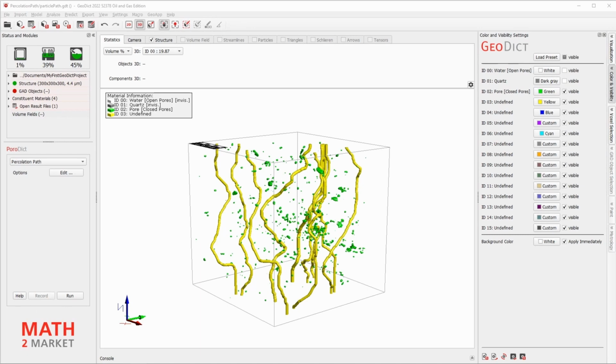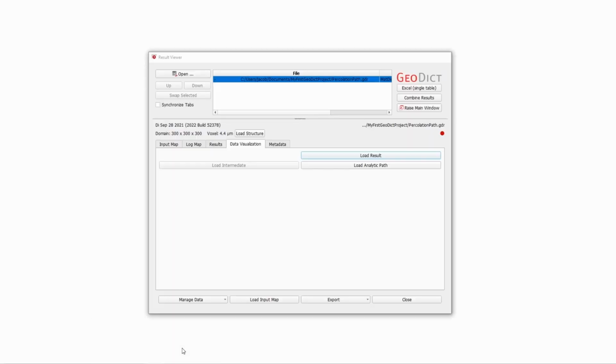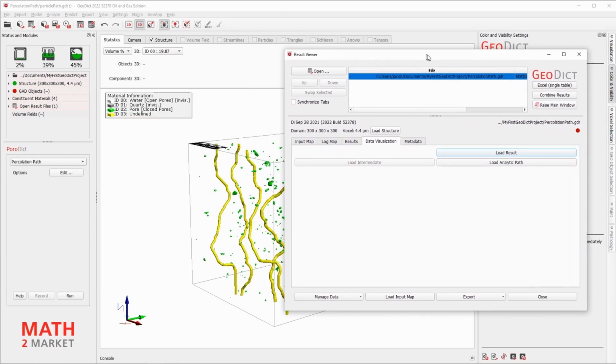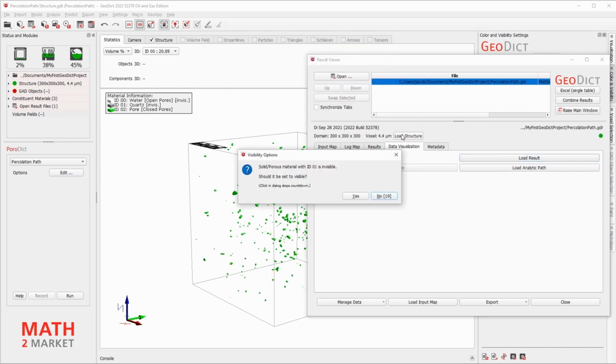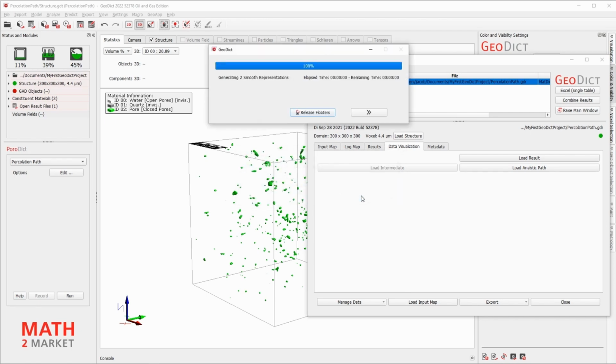Now, please maximize the result viewer and load the original structure from which we have started the calculation by Load Structure. Click Yes to show the quartz grains again.